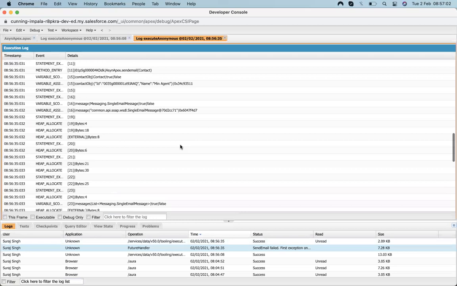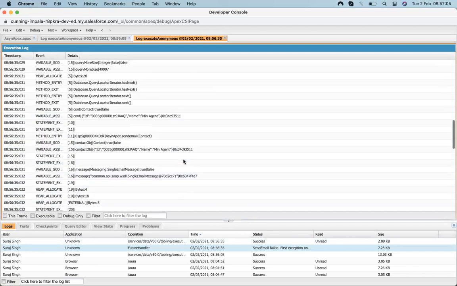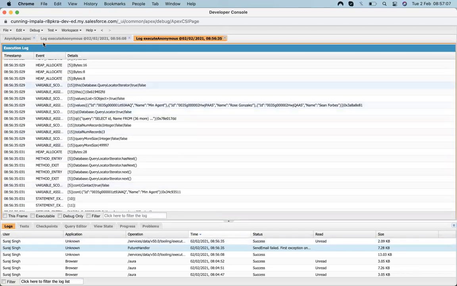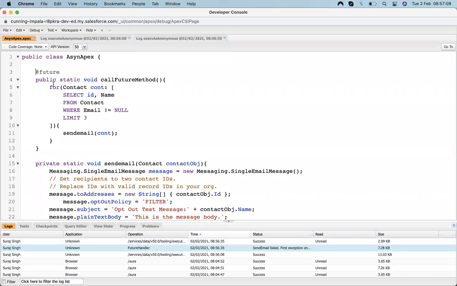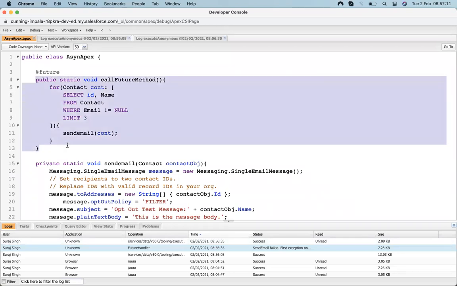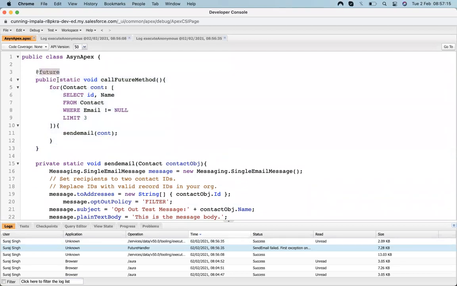But that's not the issue. Our issue is how to run a future method. As the name says, it's a method, and we just need to write future, so it becomes asynchronous at that moment. And a future method must always be static.